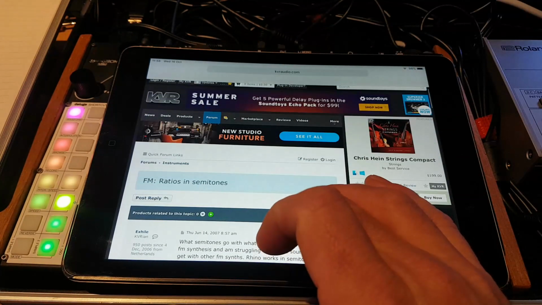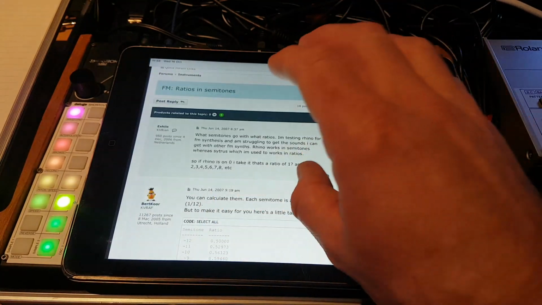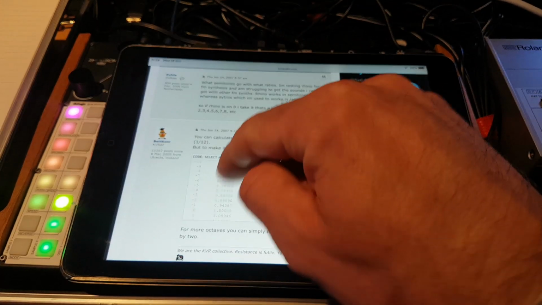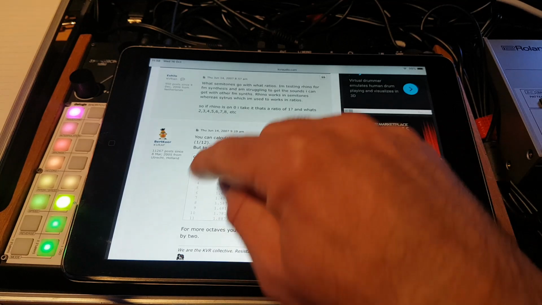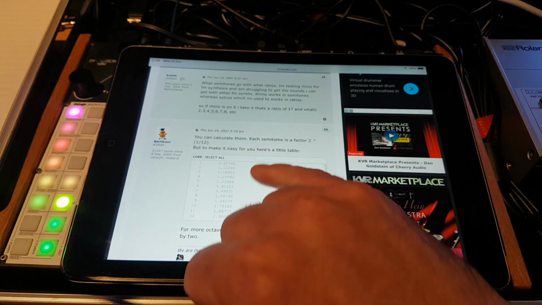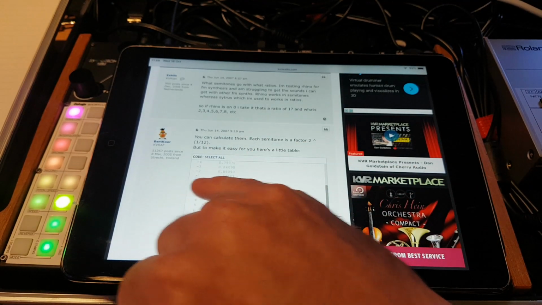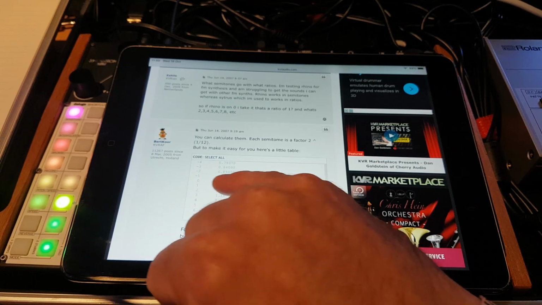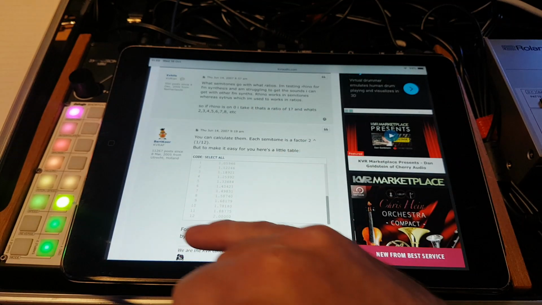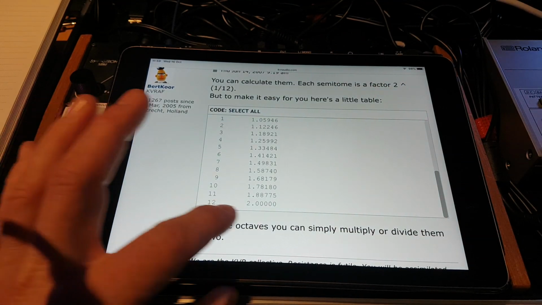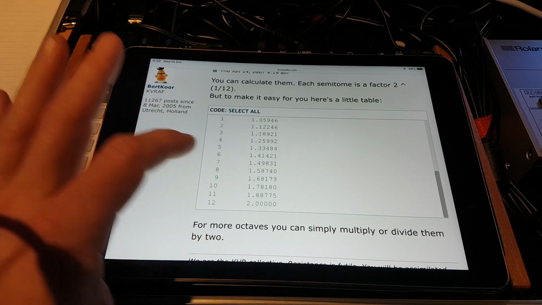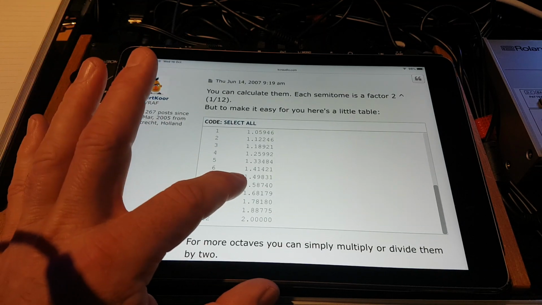I came across this on KVR Audio, which I'll copy across. There's a useful little chart here that tells you the ratios for each semitone. So, for example, at 0 transposition, it's a ratio of 1. Let's just zoom in a little bit. At 12 semitones, it's a ratio of 2. So if you were going up 7 semitones, it's actually a ratio of